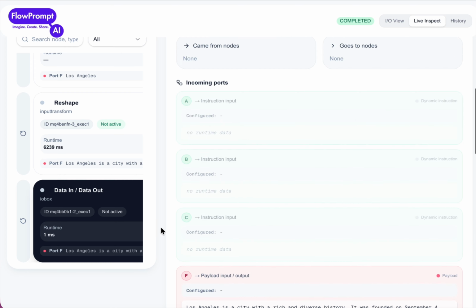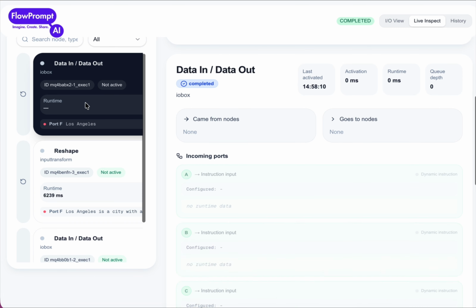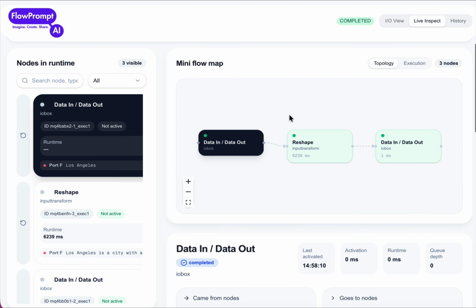And in the Live Inspector, you can see basically each step. Just highlighting over each node that you would like to look at. You have your flow shown here. You'll see the original payload entering the flow, the instruction inside the reshape node, and the final response being passed